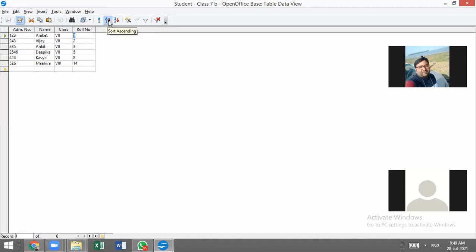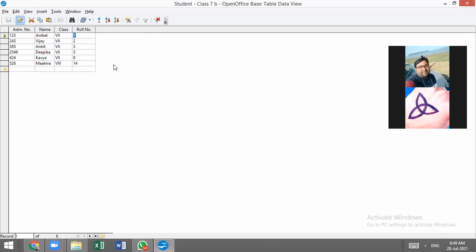Okay. Now I want to sort as per the name. Means name starting with A will appear first, then B, then C, then D. So I'll select the field name and I will sort.